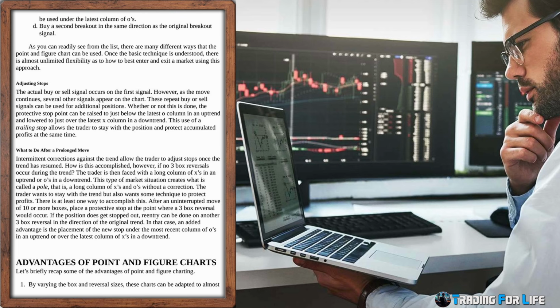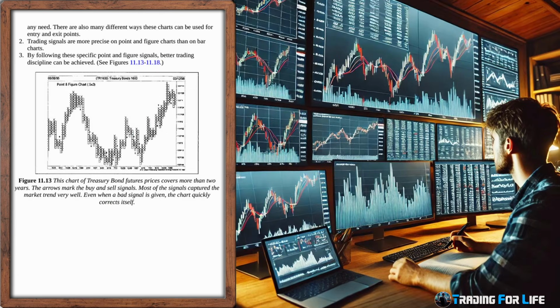By varying the box and reversal sizes, these charts can be adapted to almost any need. There are also many different ways these charts can be used for entry and exit points. 2. Trading signals are more precise on point and figure charts than on bar charts. 3. By following these specific point and figure signals, better trading discipline can be achieved. See Figures